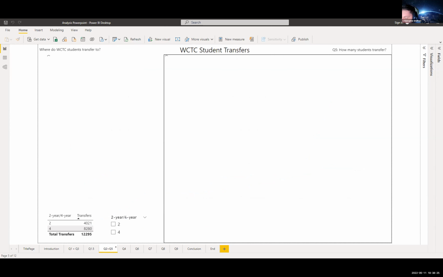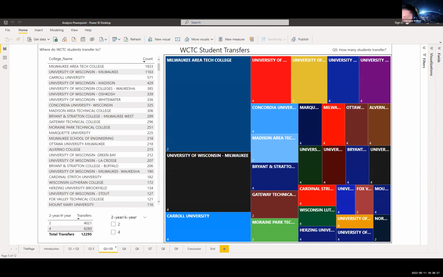Where do WCTC students transfer to, and how many students transfer? These visuals display the colleges that WCTC students, both graduates and non-graduates, are most likely to transfer to. These results can be filtered based on 2-year or 4-year institutions. And out of 44,000 unduplicated students from WCTC between 2011 and 2022, 12,000 chose to transfer to another institution after